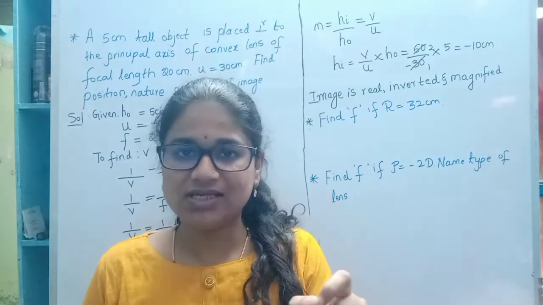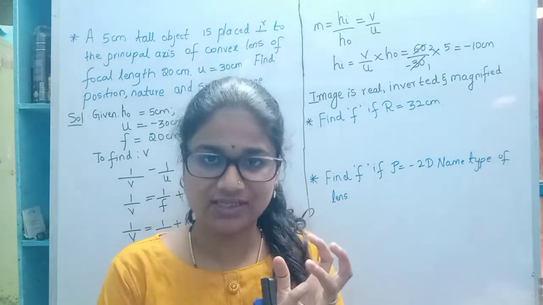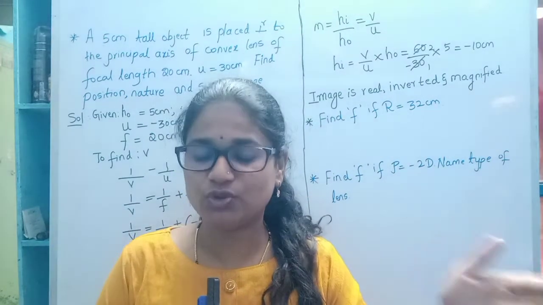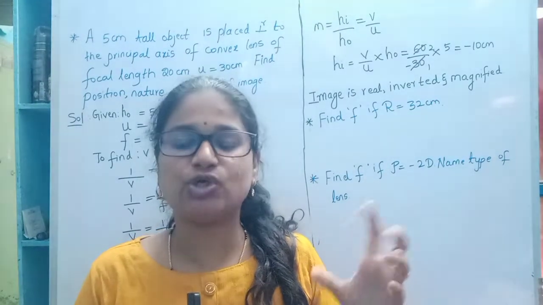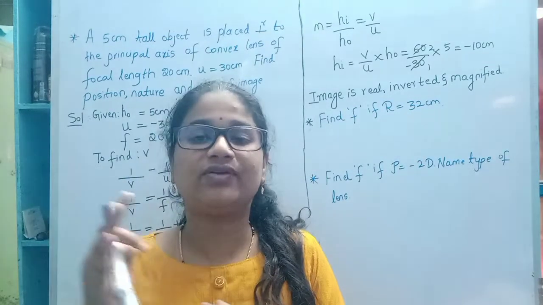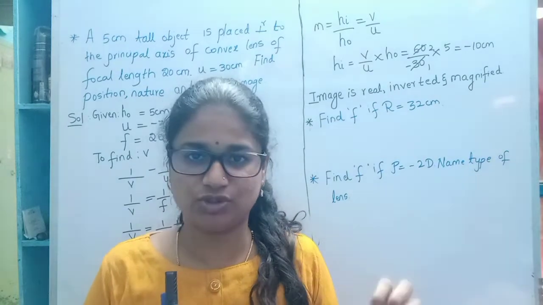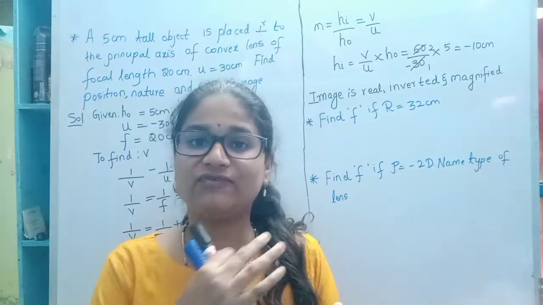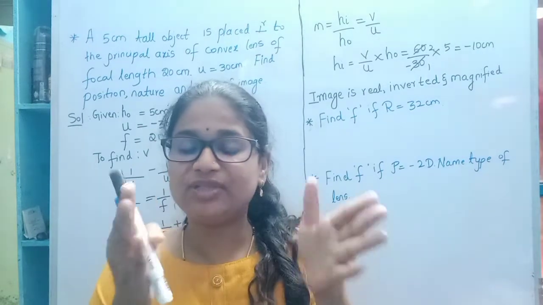Okay. So for this, you should know the concepts of convex lens and concave lens, and you should know when the virtual image or the real image will be formed, and when the image will be diminished or magnified. For all this you should be perfect in the ray diagrams as well as the concepts of when you will get magnified or diminished. So before solving any problem from the question bank or from any reference books, please make sure to be perfect in these theoretical concepts.